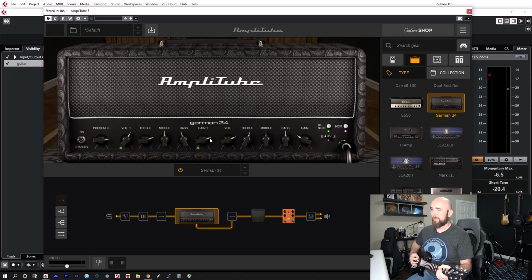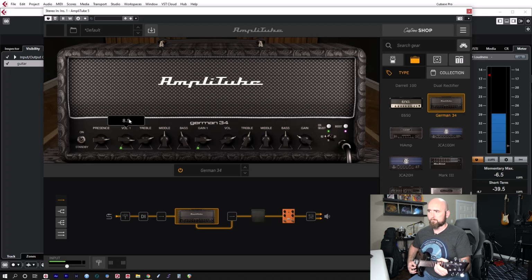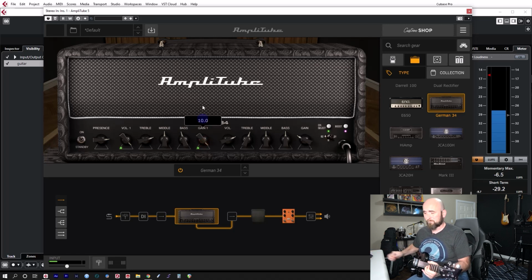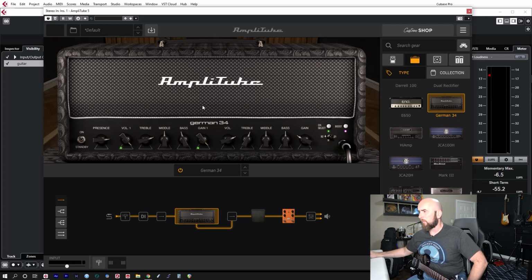I've also got different channels on here. Nice stuff. So I can go between splitting the coils on this as well to get those single coil type